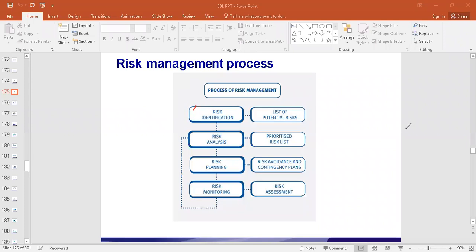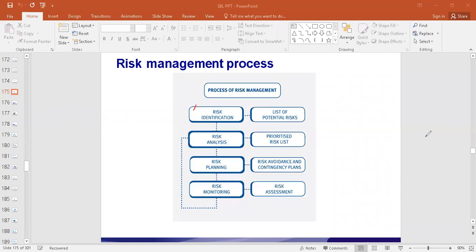So the list of potential risks that are possible to happen. Risk can happen internally. Internally, there could be accounting mistakes, errors, frauds. Internally, there could be embezzlement. Things can be stolen. Intentionally, they can misuse the assets of the organization. Internally, there can be employees not cooperating. So we see different ways in which the management could be inefficient, not taking appropriate decisions. So these are all possibilities that can happen in the internal environment.